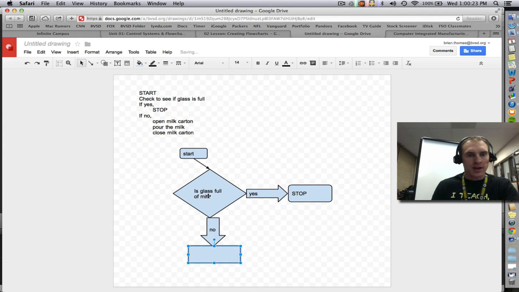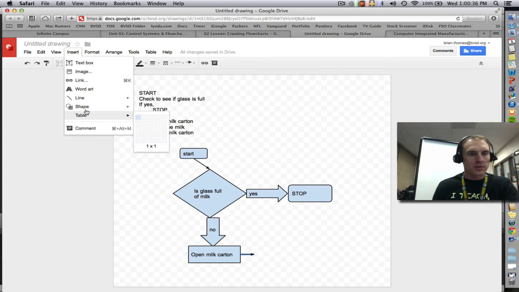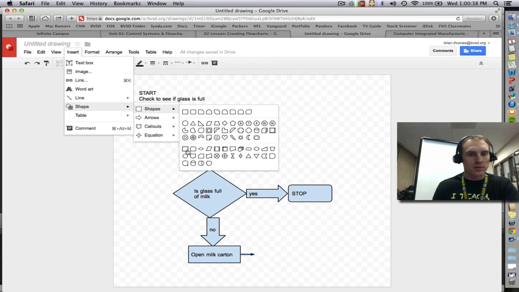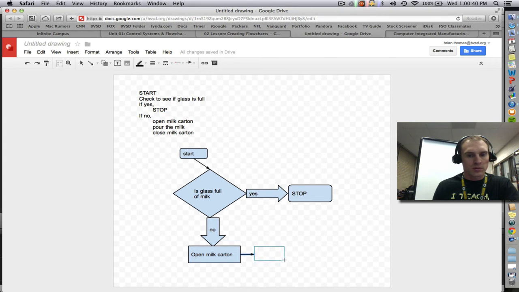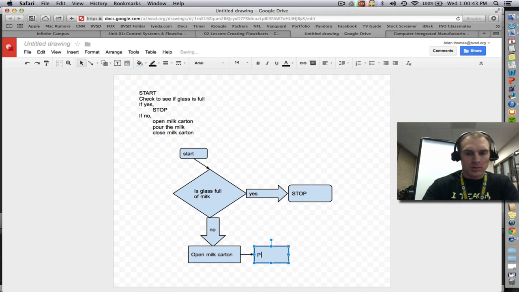If it's not, then it looks like we say open milk carton. And then I'm going to draw an arrow over this way. We'll insert another one of those. For the milk,